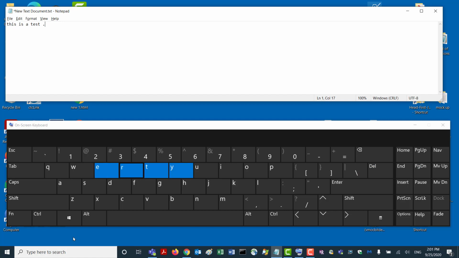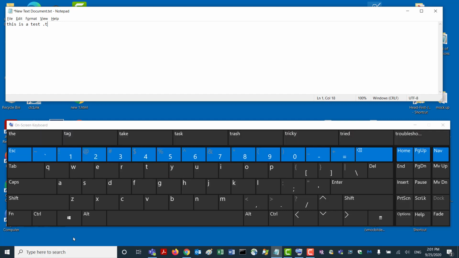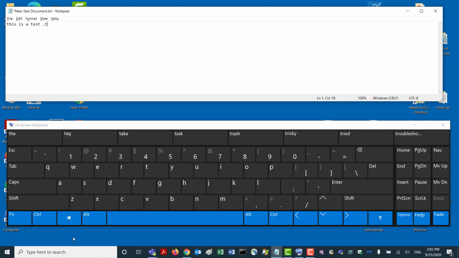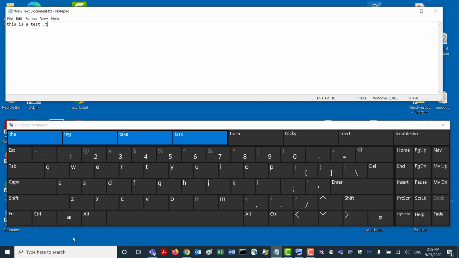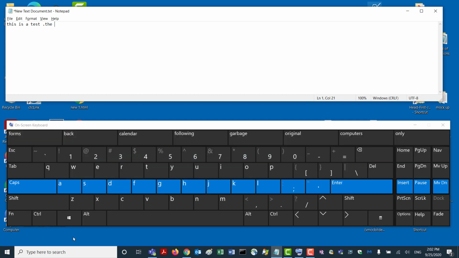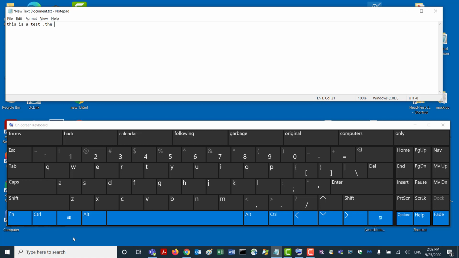And then when I'm in an area where the letter I want is, I can have it work its way through the same way. And you'll see up above that it allowed me to pick the word the from these choices.